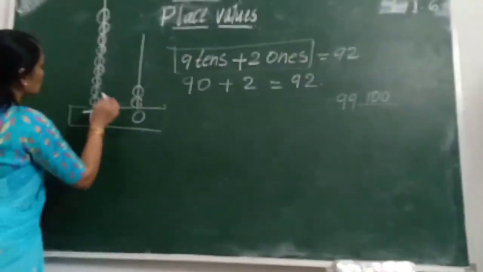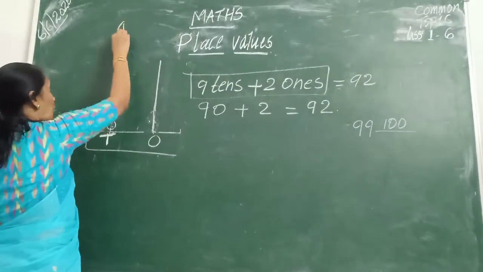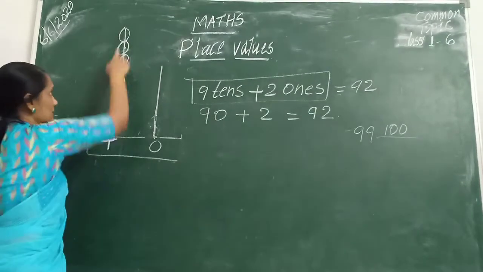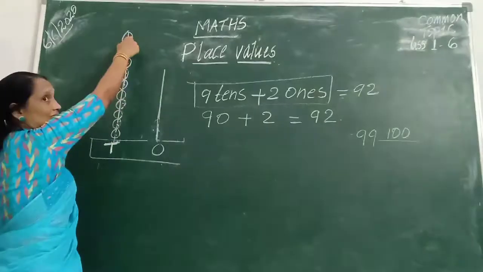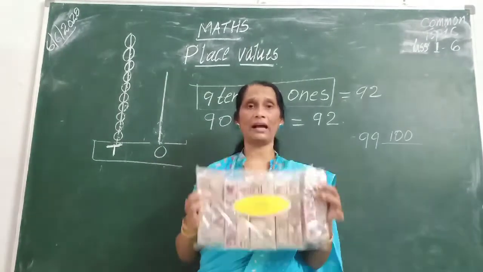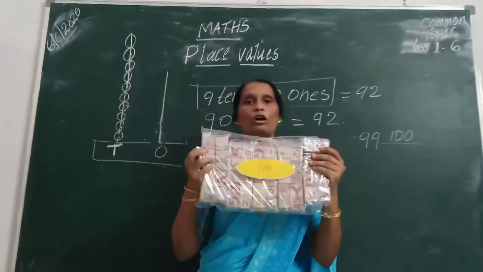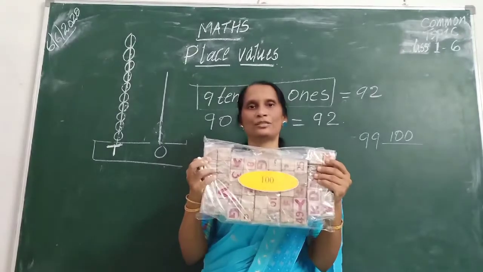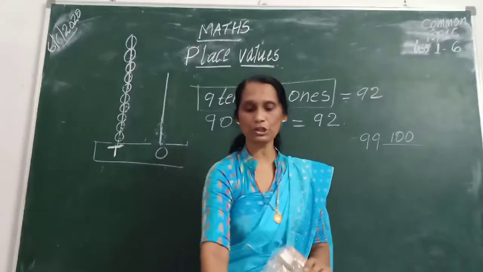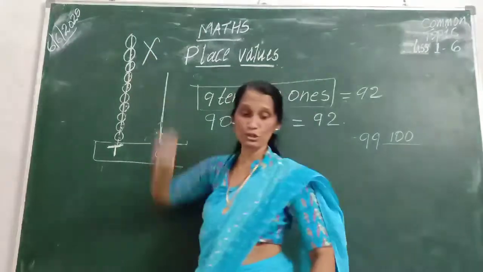Can we show it in this way? Can we show it like this? If you show it like this, it means separate 10 blocks. I have not taken it as separate 10 blocks. I have taken all of this in a separate single bag. 10 blocks together in a single bag. So it is only one piece. It is considered as a single one. So I cannot show it like this. I should not show 100 like this.